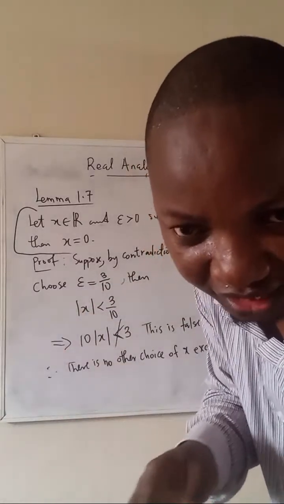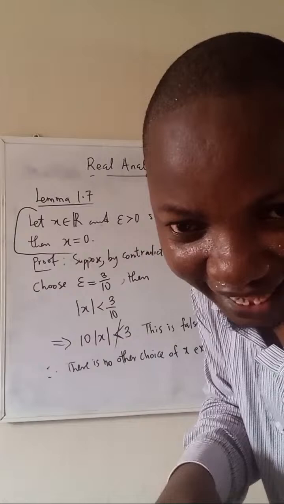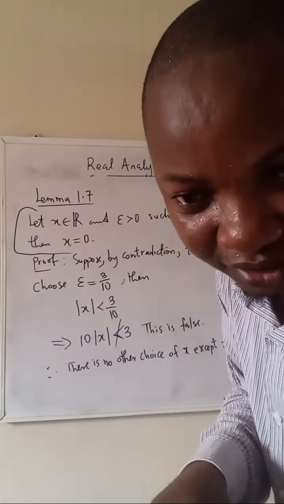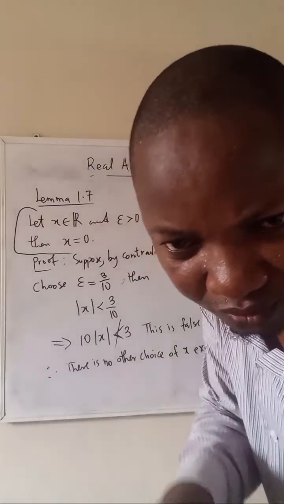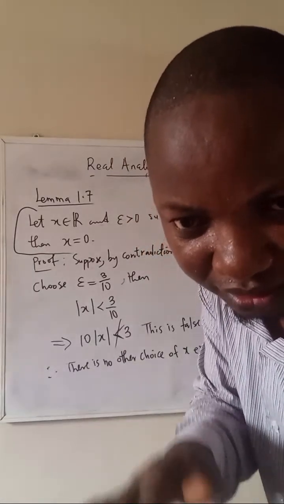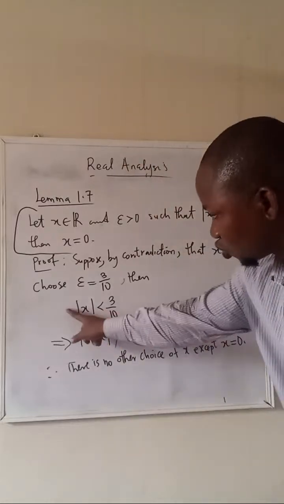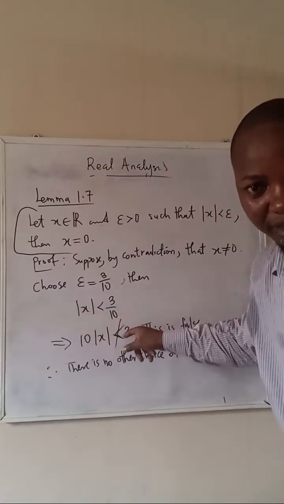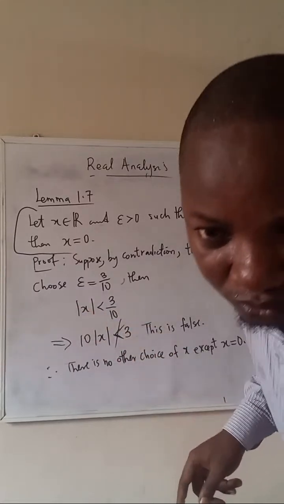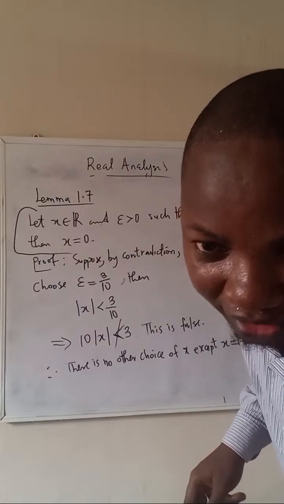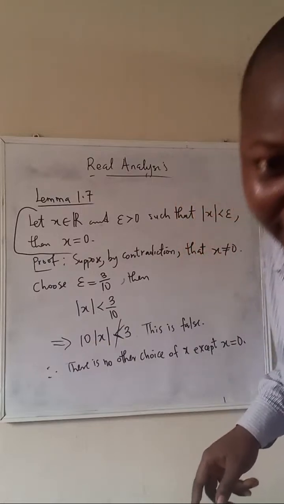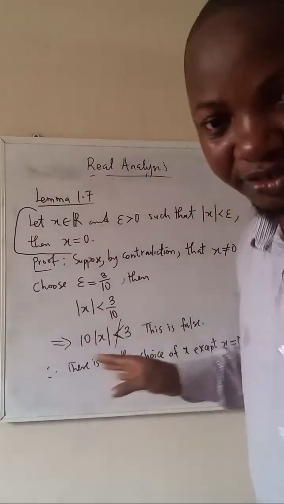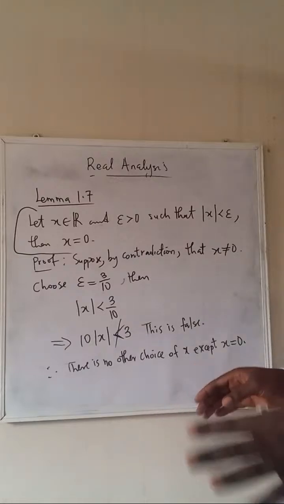Yes, true. Let's try half. Yes, I've done that before. Somebody said we should try 3/10. It's the same thing. You can do that by yourself. If you try it, this will be 2 times this, and 2 times this less than 1 is not true also. Can we use whole numbers instead of rationals? Yes, we can. If it is true for rationals, it is true for whole numbers. That one is obvious.